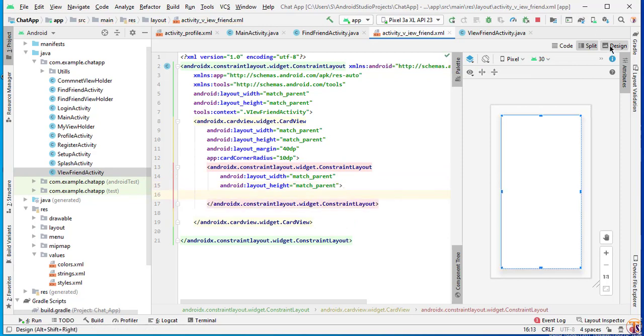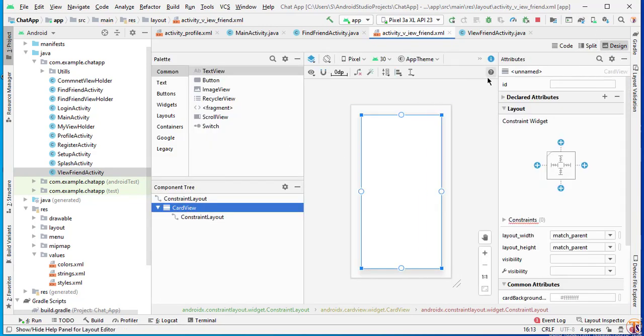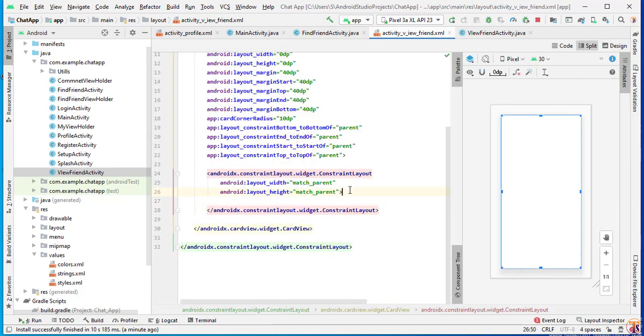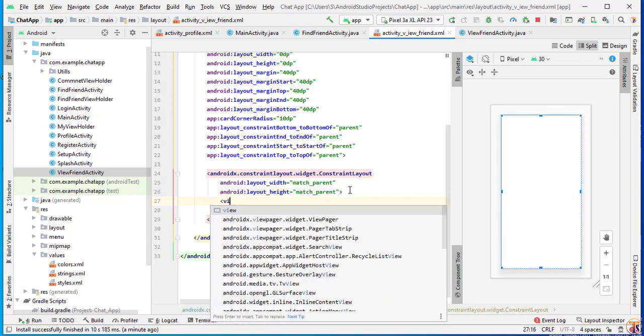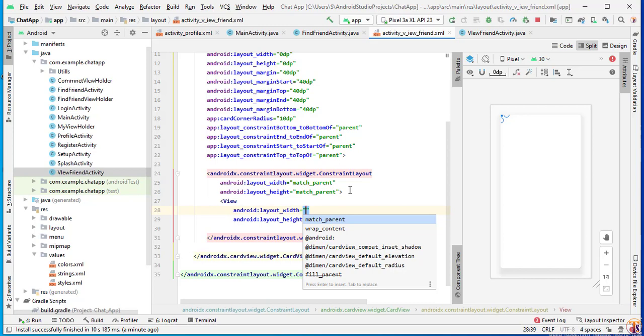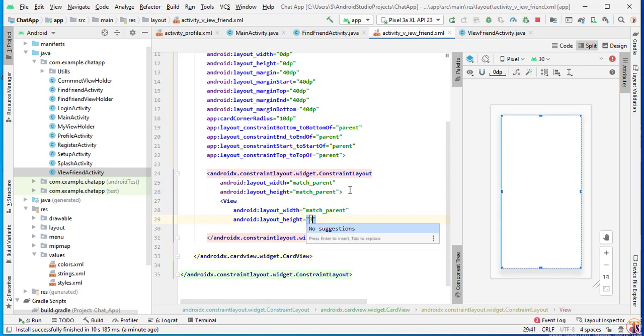Now go to design and add the constraint of this CardView to constraint. So click on this button, it will automatically add the constraint from all sides. Okay, now we need View. So inside this ConstraintLayout we will add View. Make sure you have capital letter, and that will be match parent, and height will be 320dp.